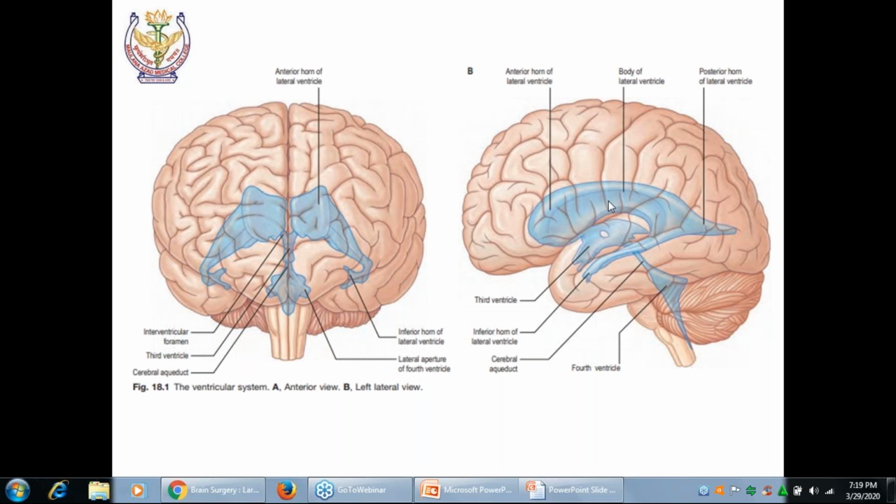So we'll be talking about each of these parts of the lateral ventricle, which are the anterior horn, body, posterior horn, and the inferior horn. And you can see a few more cavities here. One is this, which we have already done, that is the 3rd ventricle, and the cavity here, the 4th ventricle. And a bit about what we are talking about,